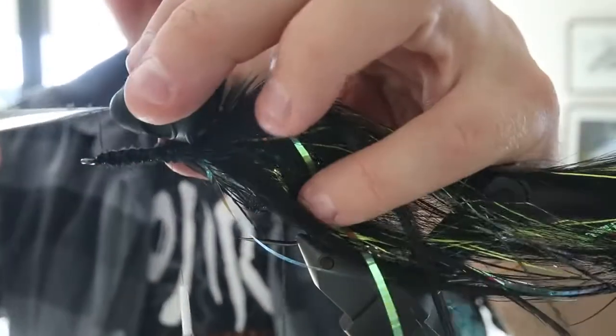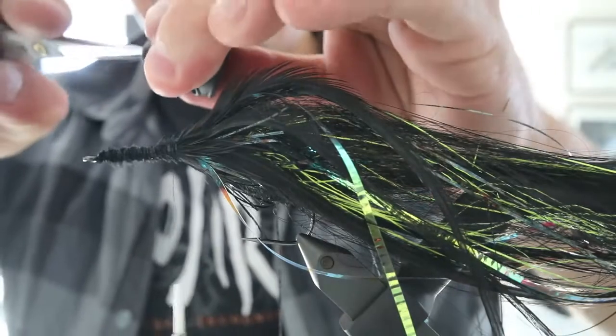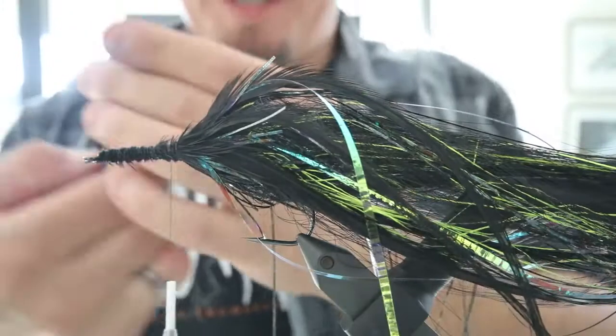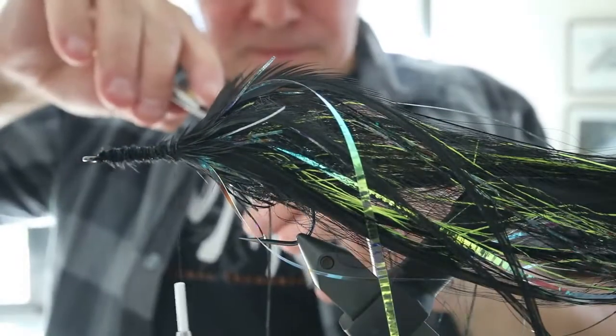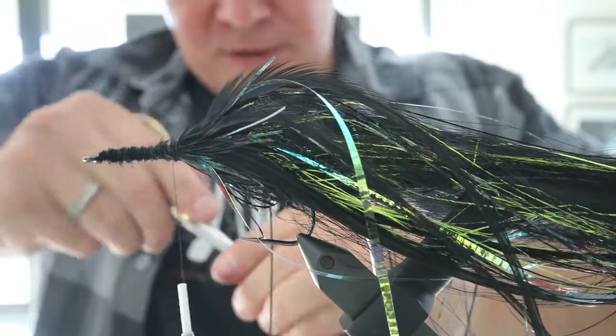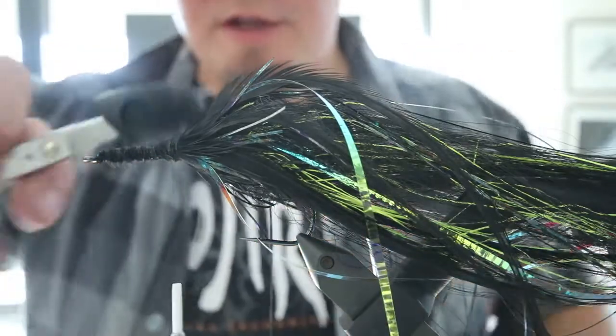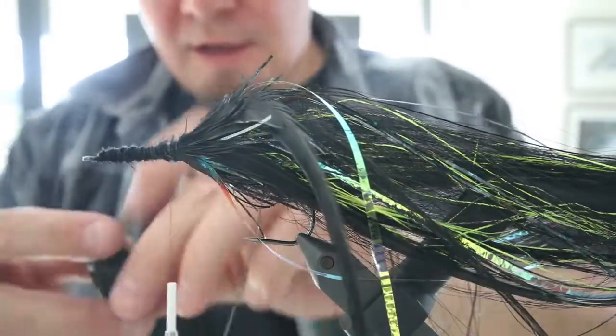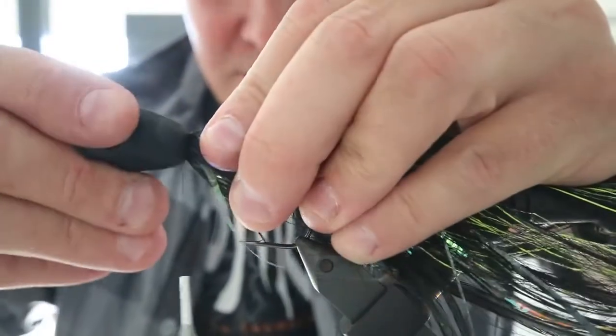So I take my scissor and I simply just jam it up in the behind of the. Yeah, you know how that sounds, but that is basically what I'm doing. So, and then from the other side as well, like so. As you can see, my scissor goes straight through here,